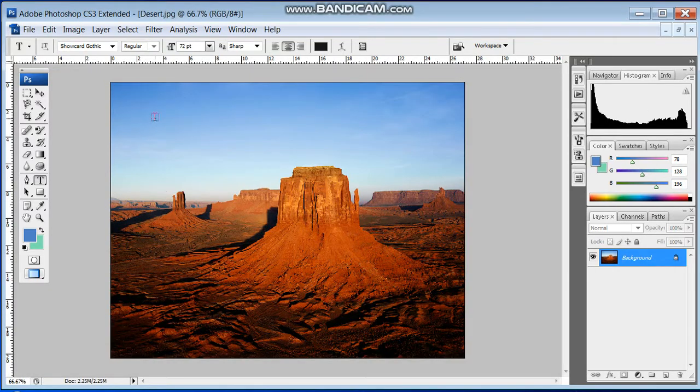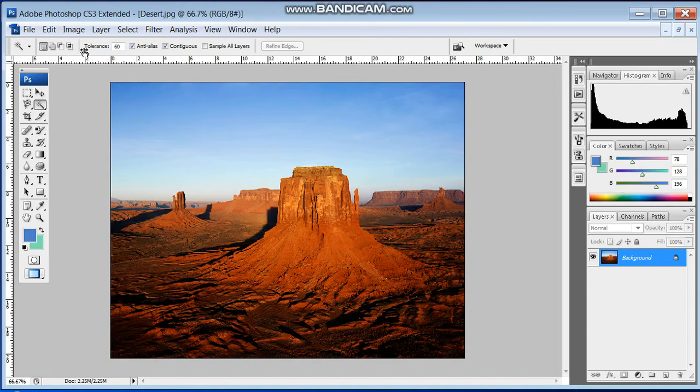Now suppose I want to change the color of this sky. So I'm going to select the things. Previously I told you about the selection tools. Different selection tools are there, like the rectangle tool or marquee tool, but this area is not rectangular in size. This is irregular, so we can select with the lasso tool as well as the quick selection or magic wand tool. The shortcut key is W. So I am going to select the magic wand tool, and the shortcut key is W. So click on that.